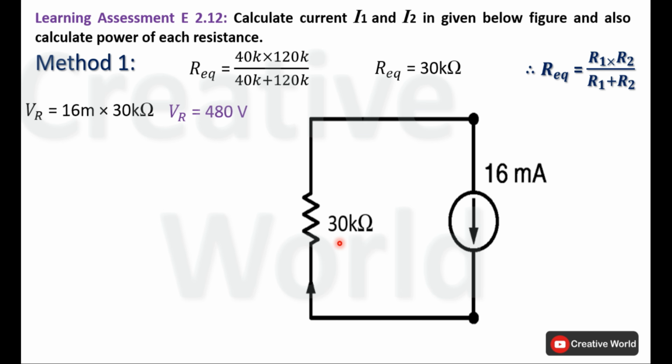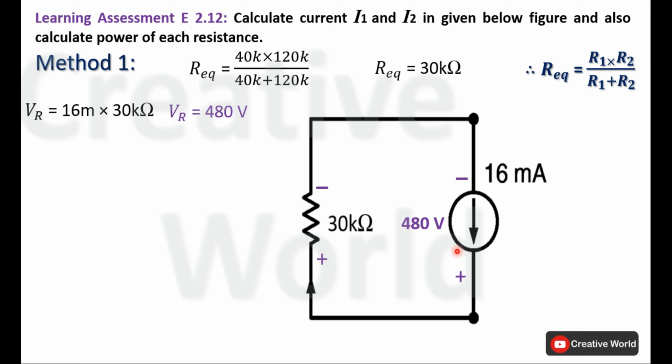Now we have to identify the polarity of this voltage. So the current entering a terminal of a resistance is taken with positive sign, while the current leaving a terminal is taken with negative sign. At this stage, we have calculated the value of voltage across this resistance with its specified polarity. So if we observe, this resistance is also parallel to this constant current source. Voltage across this constant current source will be the same as the voltage across this resistance because of parallel connection. And the polarity of voltage will also be the same. Now we have calculated voltage across this constant current source.